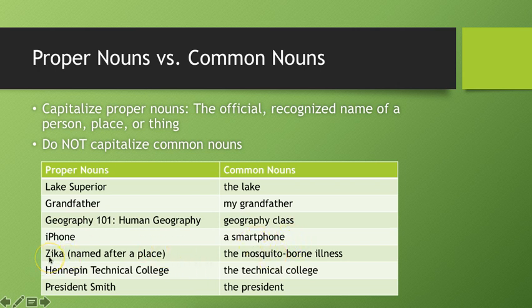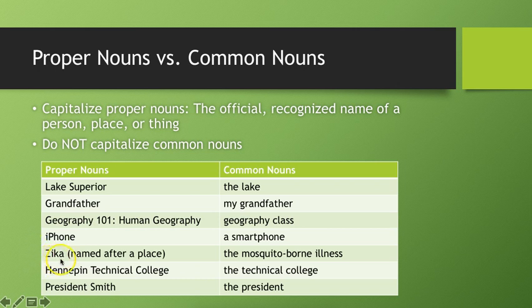And a tricky one for people who have to work in the field of medicine is whether or not the name of an illness is capitalized. And so you should assume the illness would actually be lowercase unless it is named after a person, place, or thing that is capitalized. So for example, the common cold, rhinovirus, is lowercase.